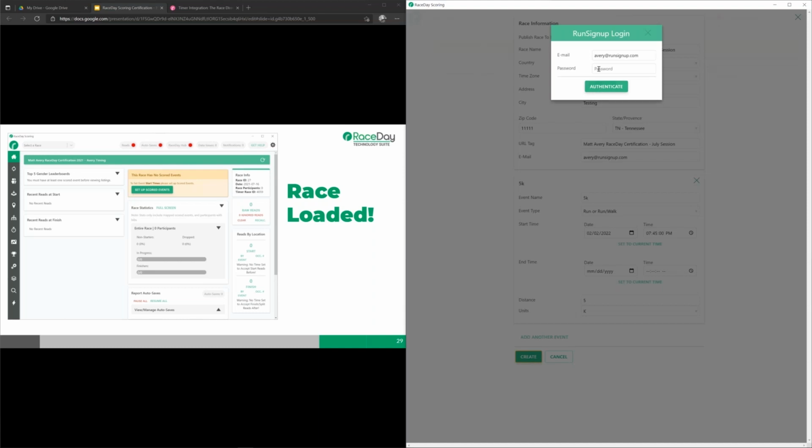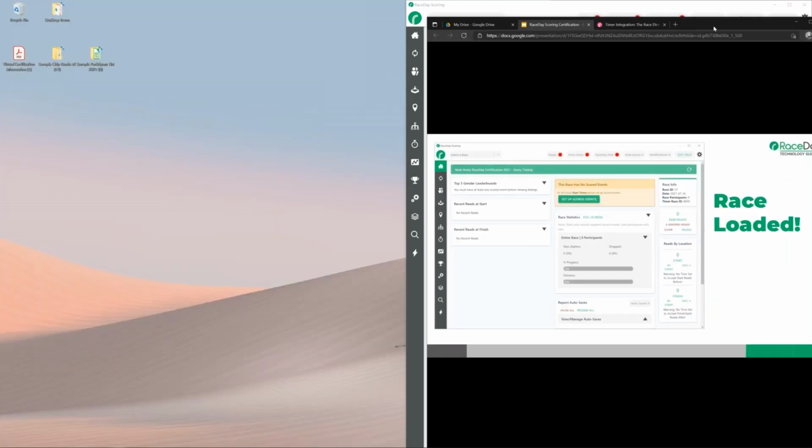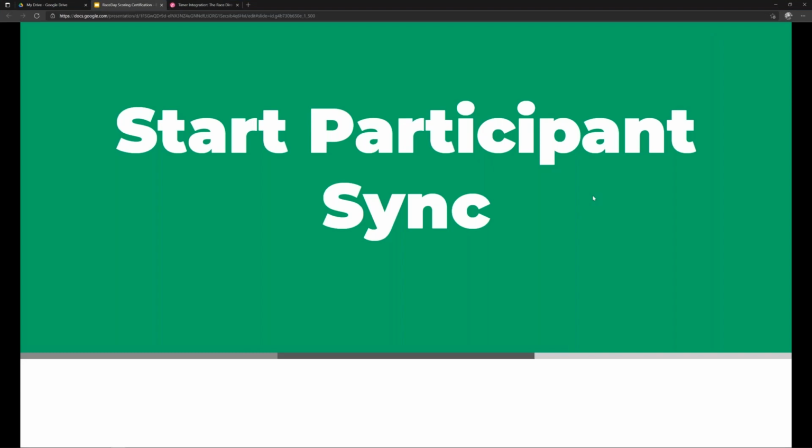Now it's going to ask me to log in to RunSignup because I'm creating a race there. So I'm going to go ahead and enter my password in. And we are all set. Got my race loaded, looking good. Perfect. Let's move on. So the first thing we're going to do once we get the race loaded is make